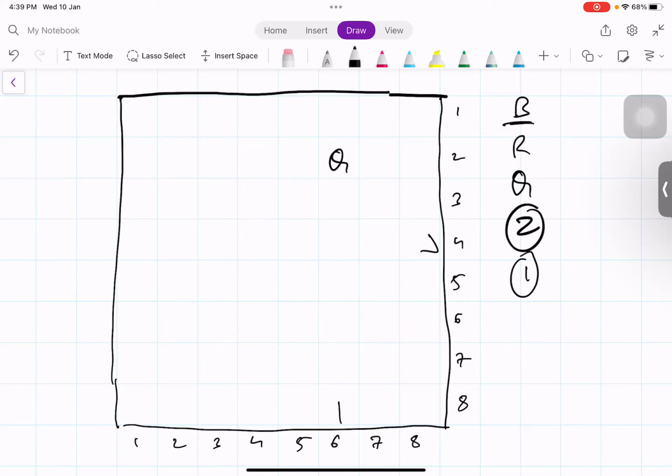Okay, but in case the answer for the rook to directly attack the queen is 2 moves, only in that case we check what is the minimum number of moves required for the bishop to attack the queen. Okay, and if the bishop is present along either of the same diagonals, then the answer will be 1, or else it will be 2. Okay,